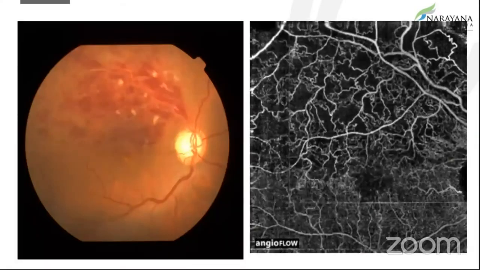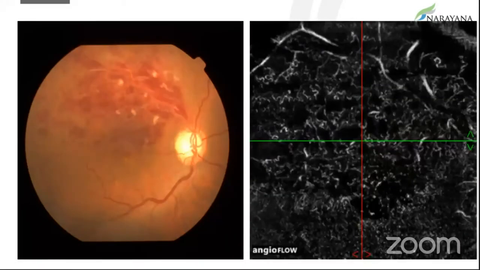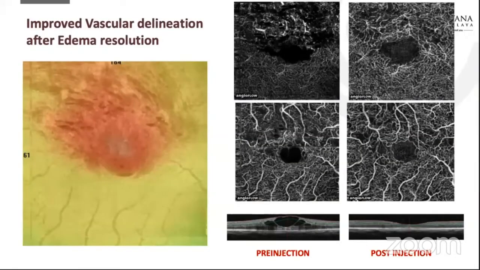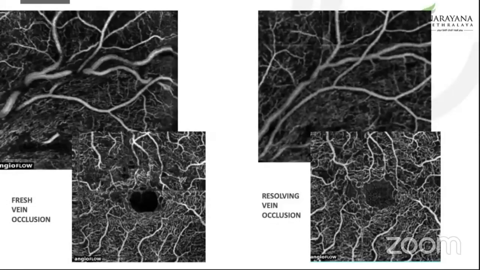This is another patient, again the superficial and the deep, and you can see the capillary dropout areas. Now, another thing that one must remember in patients with edema is that it can obscure the vasculature. It does not necessarily mean that there's loss of vasculature. You can see that the vessels are now seen quite well after injection once the edema started resolving. So we need to be clear here that not everything that's not seen is actually absent. With resolution of the edema, the vasculature could be seen again, improving the prognosis.